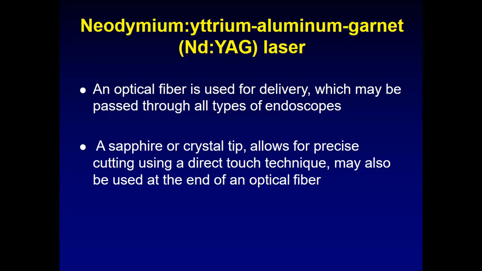This needs to be addressed as well, whether the laser can be passed through the scope, because these instruments are expensive and very delicate. Now the French sizes are decreasing, the size of the scopes is decreasing. So can this be easily utilized or not? When we are doing RIRS or any laser lithotripsy, we need to keep that laser fiber outside the scope. If you bring it inside the scope, it will damage the lens and the telescope and everything, and that will be dysfunctional, and you cannot use that again.